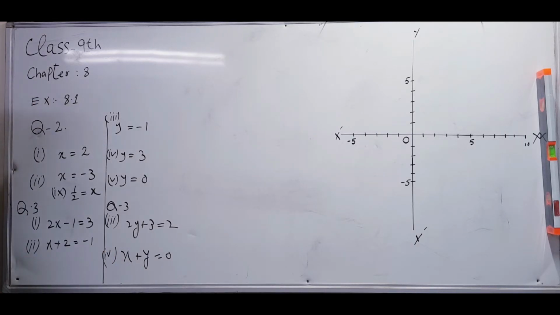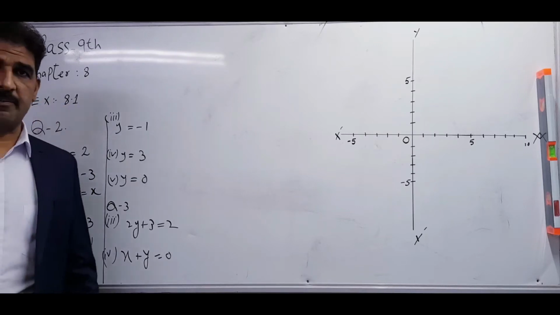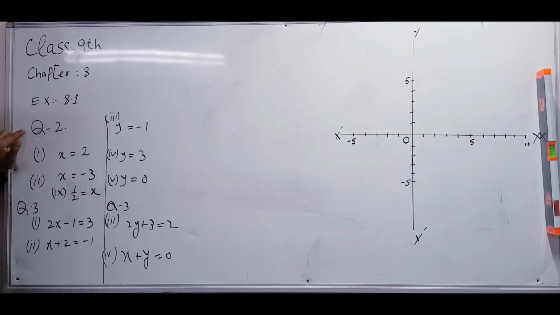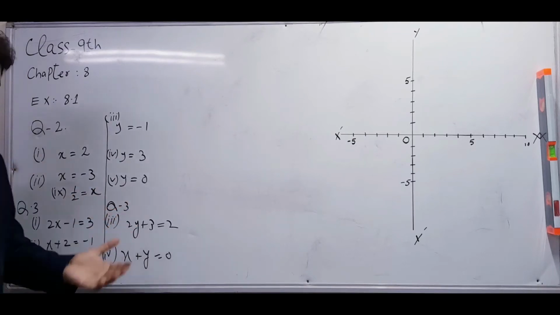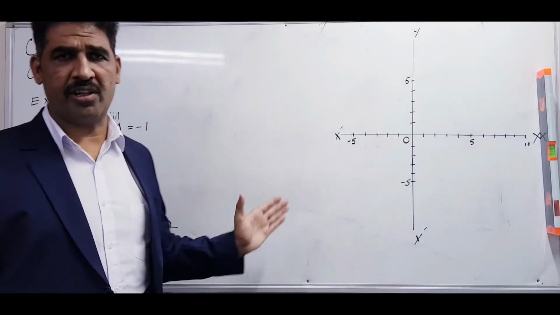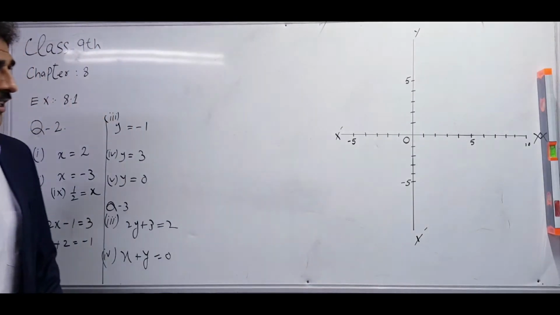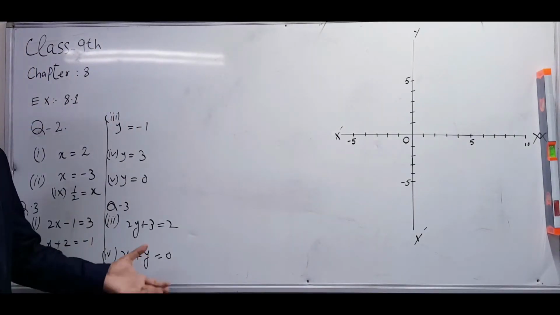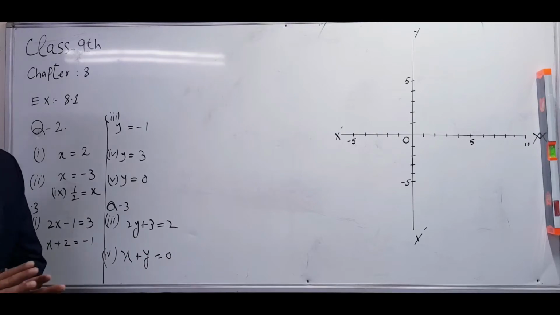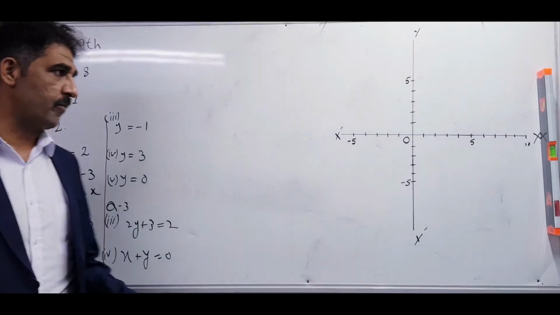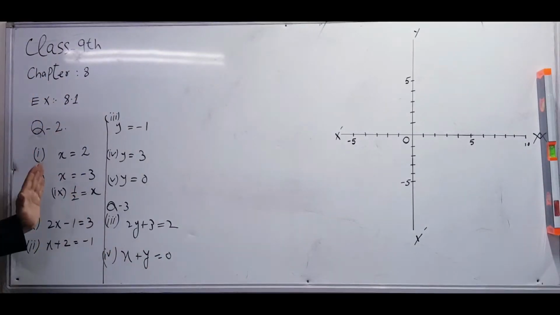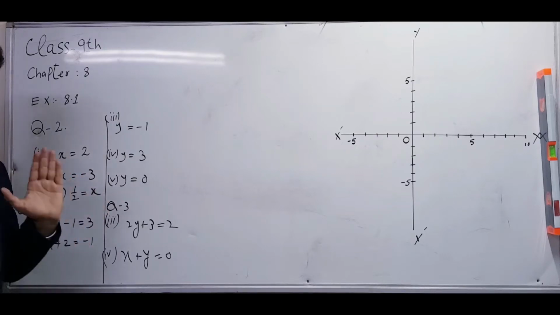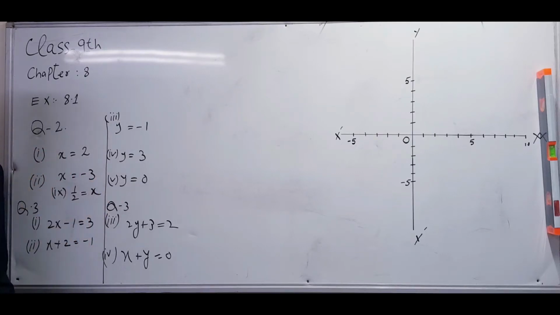Today we are going to study chapter number 8, exercise 8.1. First I want to explain question number 2 and question number 3. Question number 1 I have already explained: the rectangular coordinate system, where the x positive, negative, and origin, I delivered in the previous lecture. Right? Now in this lecture I will explain how to draw the line of a single variable.